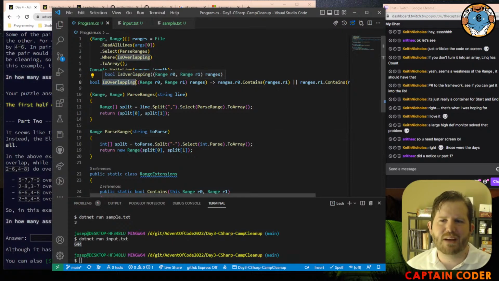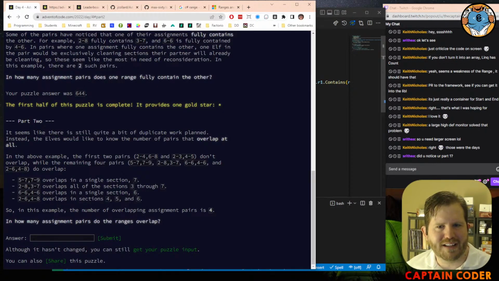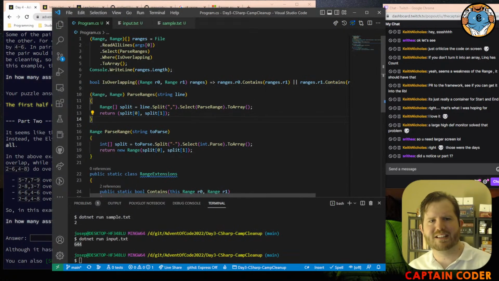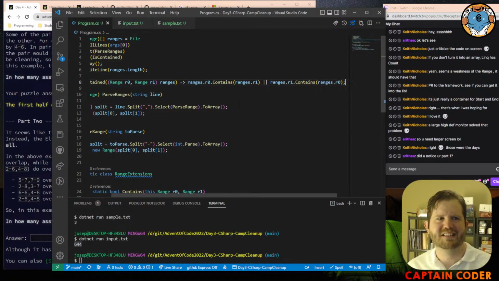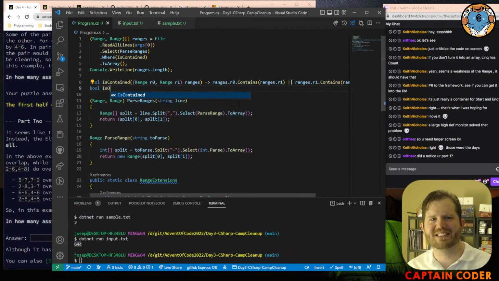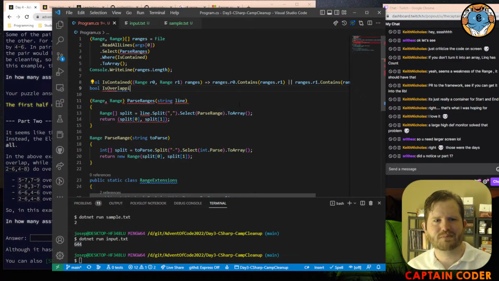I guess is overlapping is the wrong word. It should be like is contained. My naming was bad. The remaining 4 pillars do overlap. I see. Okay, so this is why Rick is like, why are you doing this already? Okay, so we're gonna rename this. Is overlapping is actually is contained. All right, and then so is overlapping becomes